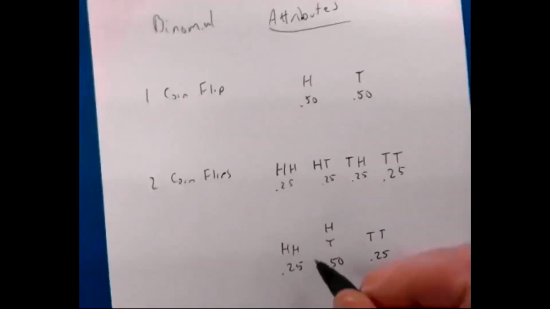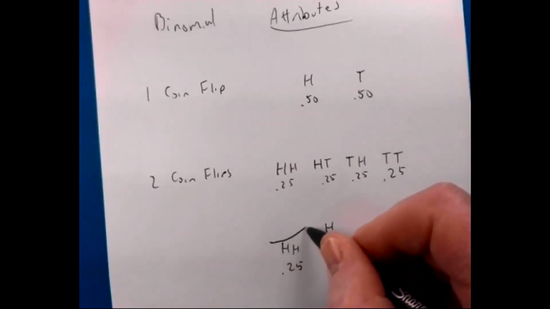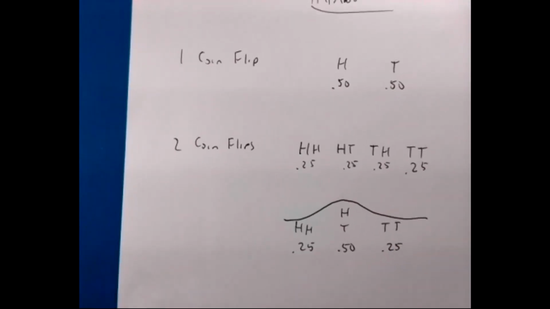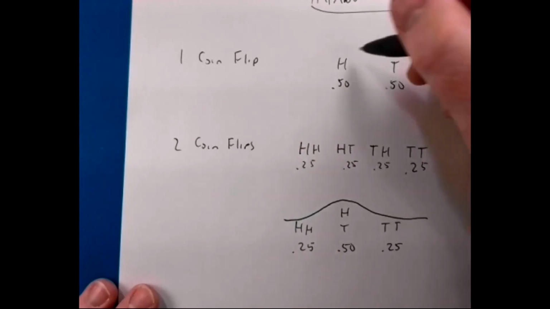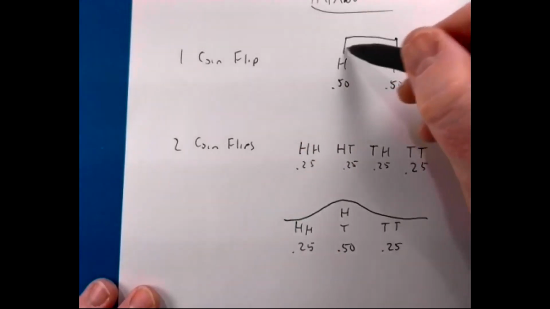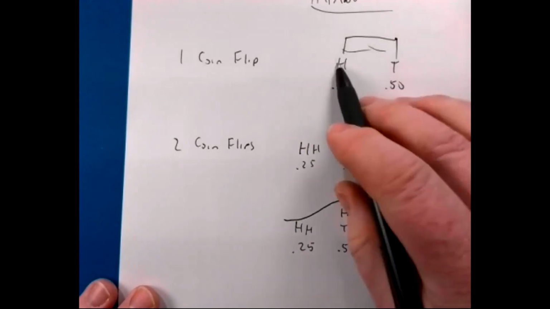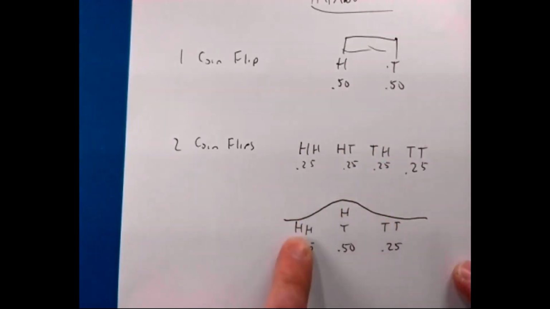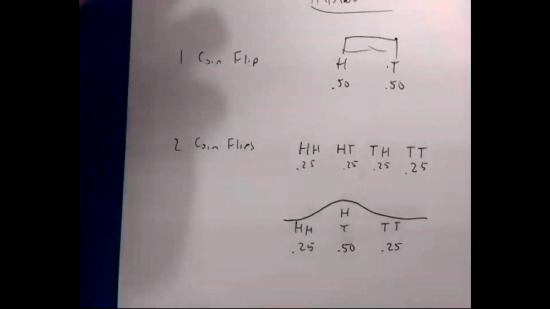So you can kind of see this is already, after two flips, already sort of looking like a normal distribution. Whereas up here, it was just a heads or tails distribution. Once you even get to the second flip, it starts to have that bell curve. So